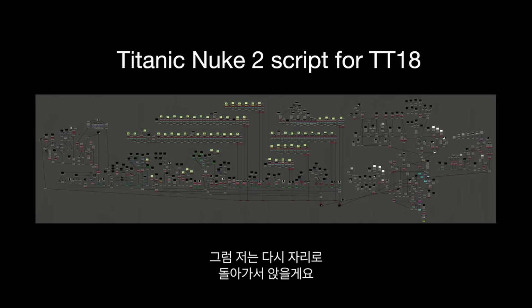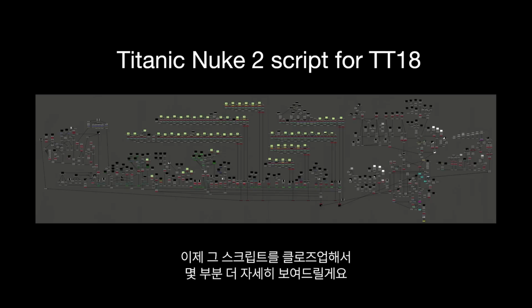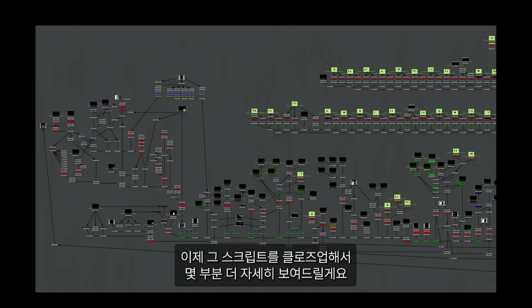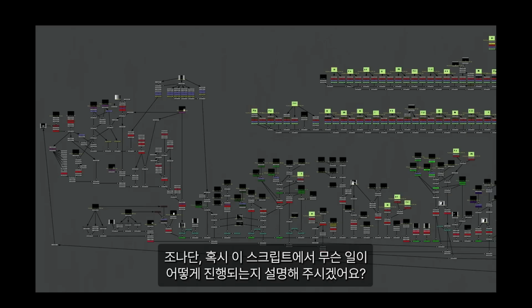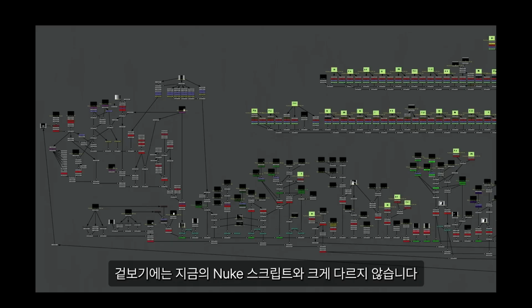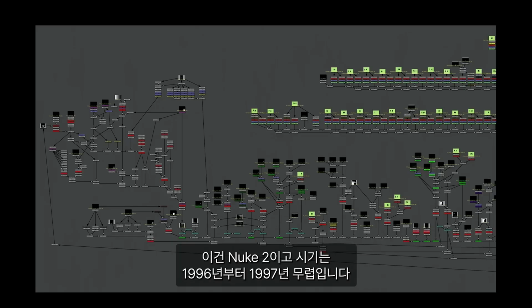I'll come and sit back down. And then I'm just going to scroll through with a few closer up looks at that script. So, Jonathan, tell us a bit about what's going on in this script, if you can. Well, it looks much like a Nuke script, right? So this is Nuke 2, and this is